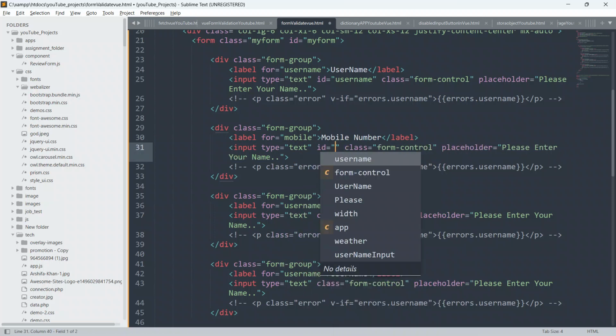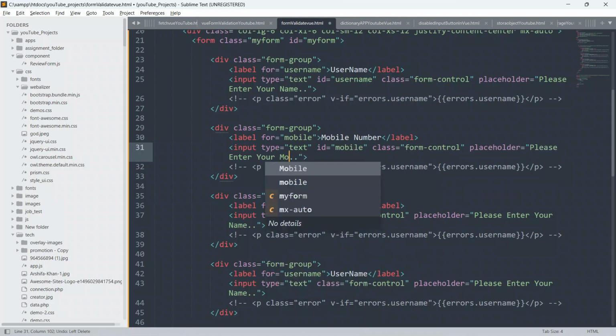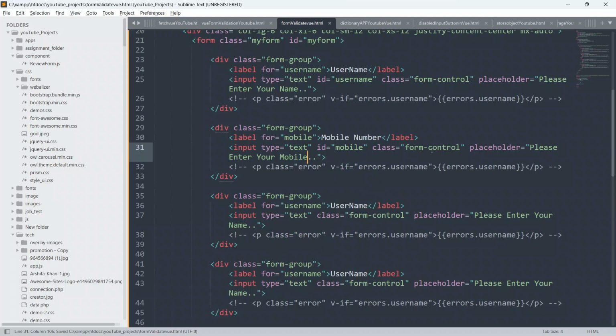And just change the placeholder to please enter your mobile. Yeah, that's fine. And just change the error also to mobile. So just change this username to mobile, and here also mobile.